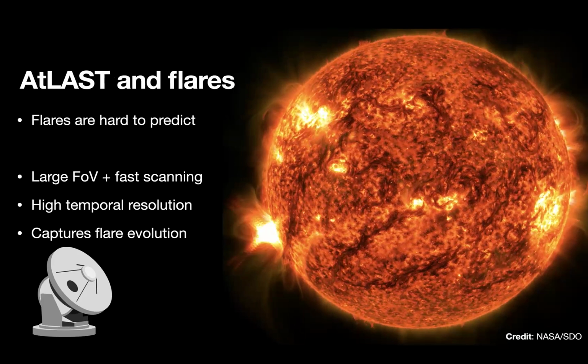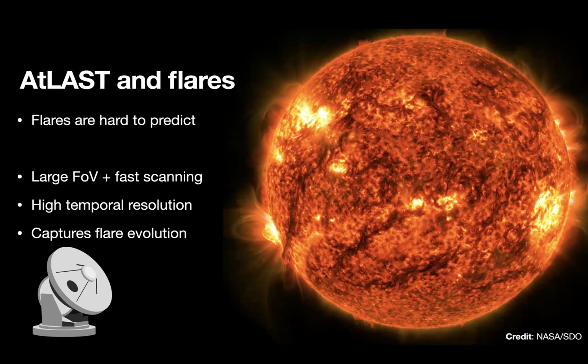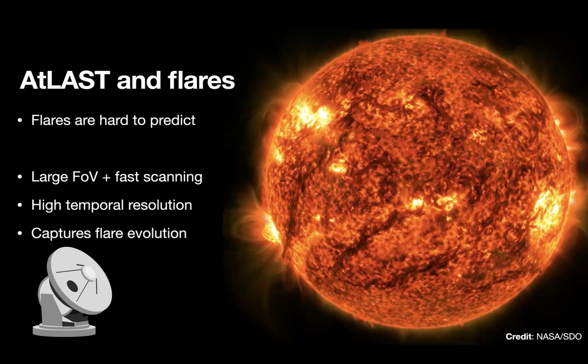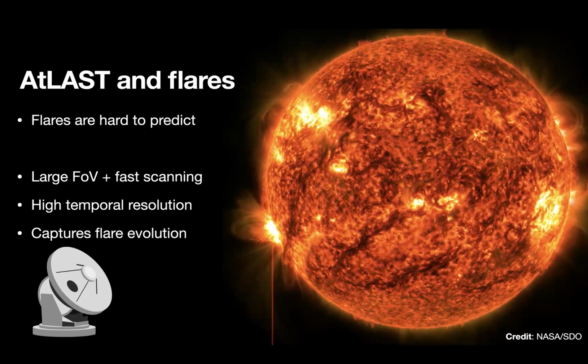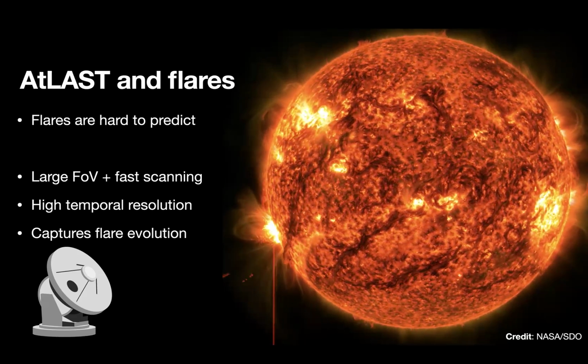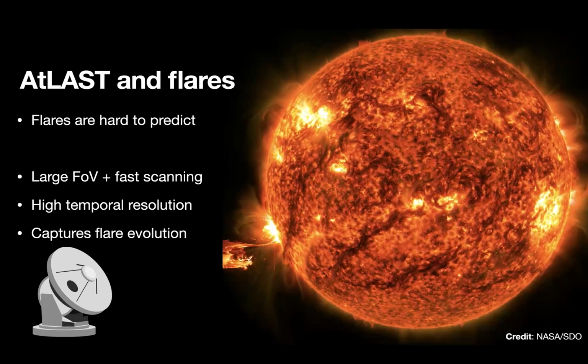And also, if you want to observe flares with small field of view instruments, such as ALMA in interferometric mode, you need a high degree of luck to have a flare go off within your limited field of view. And this is where we think AtLAST would make a great change